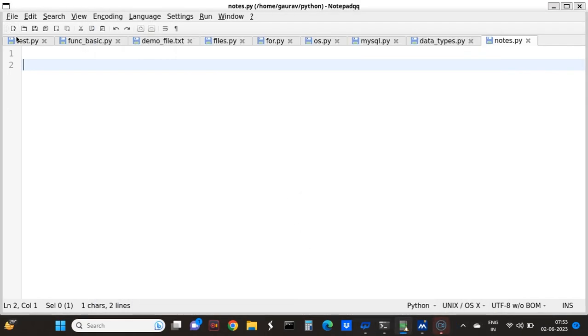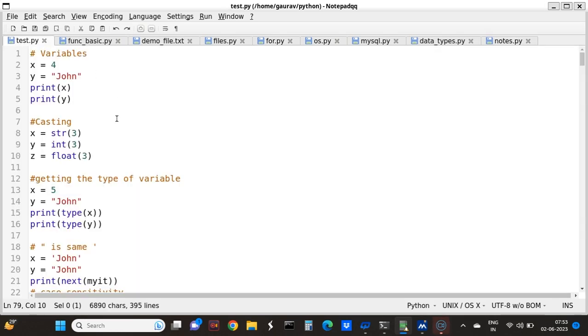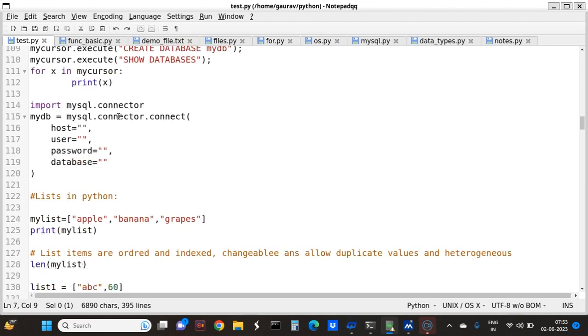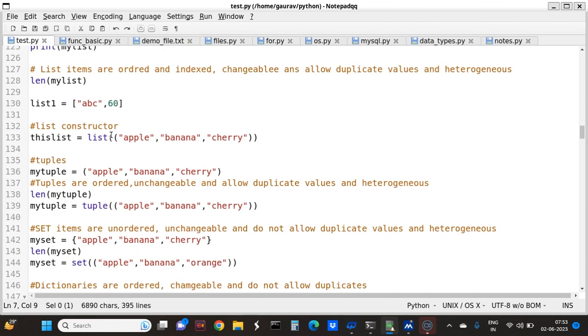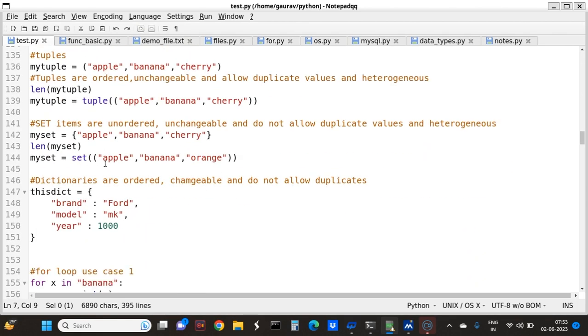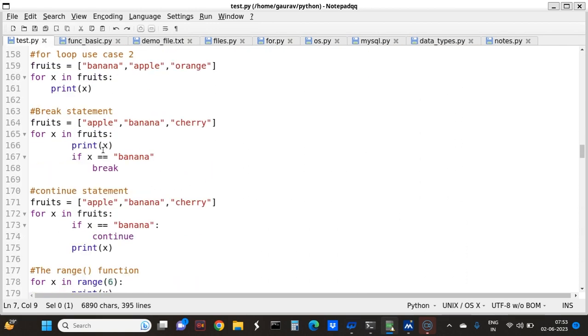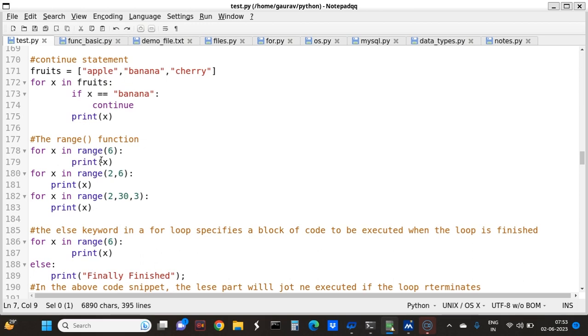Hello friends, today we will see about classes. So now this is my file which I have made already. We have completed up till dictionaries and for loops and nested for loops. So now we also have for range